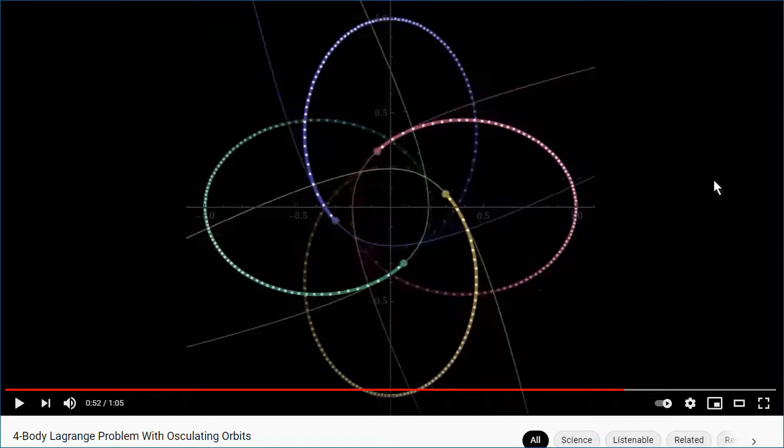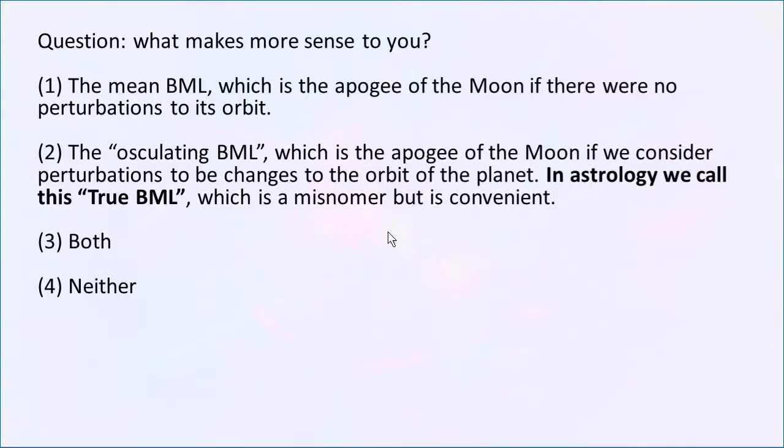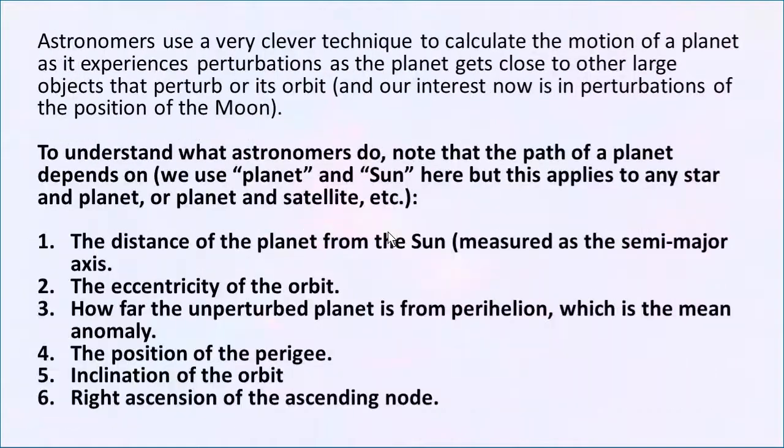This is where the planet has settled, and the orbit at that moment is showing the direction and the momentum and the pathway that is active at that moment. And this is called the osculating orbit. So what True Black Moon Lilith is, it is the apogee of the osculating orbit of the moon. Let me say that again, and let me bring up this image of